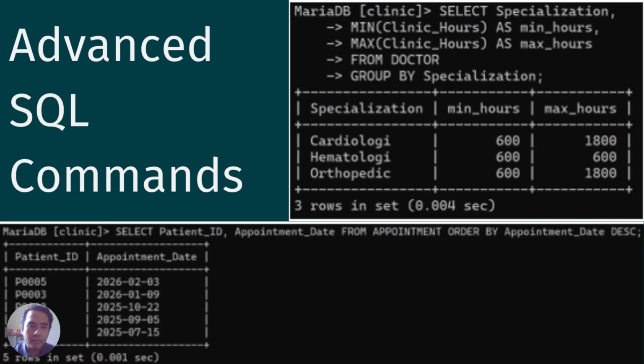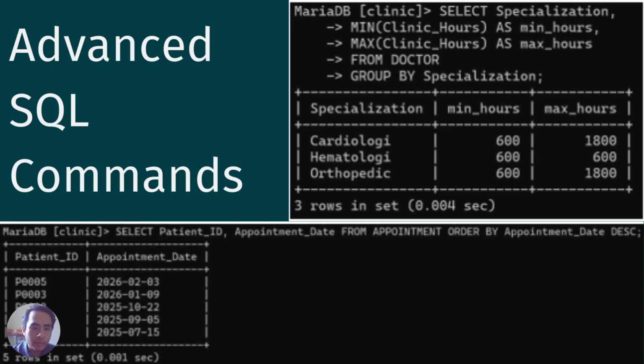And here we have advanced SQL commands. So this is what I took earlier. Min and max are the aggregate functions, but the advanced SQL commands are, for example, group by. So we can just simply add group by at the end, group by specialization, and it will specifically take from the specified specialization attribute. It won't take from any other attribute or all attributes. If you want to take all attributes, we just simply do group by star.